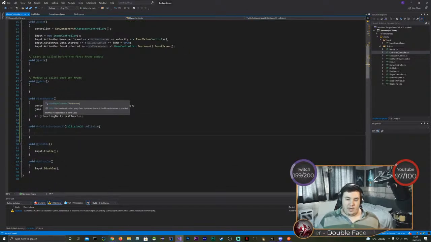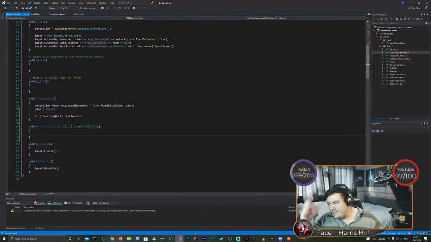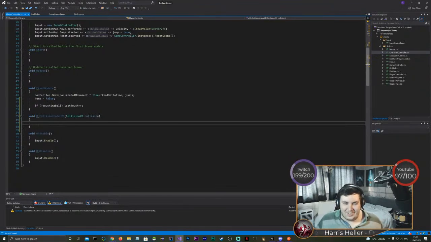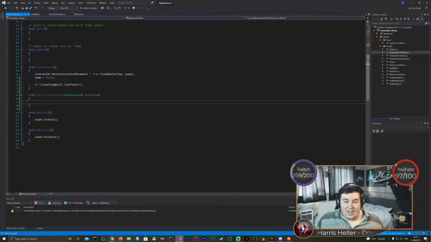And we know fixed update is called once every 0.0125 seconds. It's 50 times a second. So that gives us a good baseline. We know that last touch will increase by 50 every second. Perfect. So on collision enter,